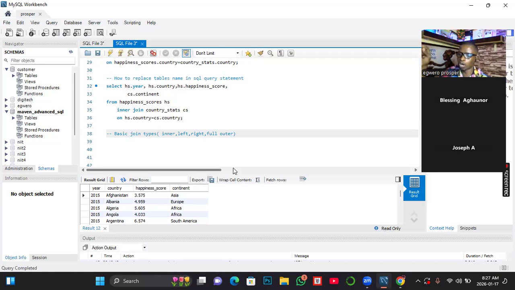Then the full outer returns all records from both tables, including non-matching records. This is probably where that question you asked comes in, how can they be achieved if you are using the inner join? Here you are going to rectify that with full outer. So now that we understand this,